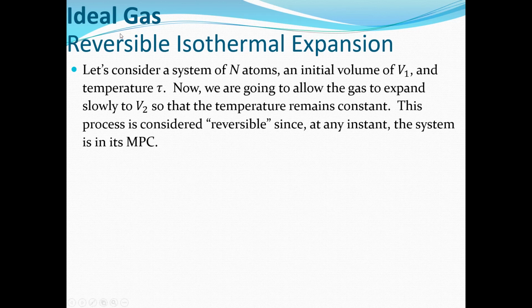Now, what we mean by reversible, I'm pretty sure I mentioned this already, but reversible processes are ideal processes. They're not things that can happen in the real world. Typically, reversible processes occur over an infinitely long amount of time. And the reason why we call it reversible is that at any moment, we can pretty much stop the process and make some measurements and find that it's always in the most probable configuration, or always in that equilibrium state of equal